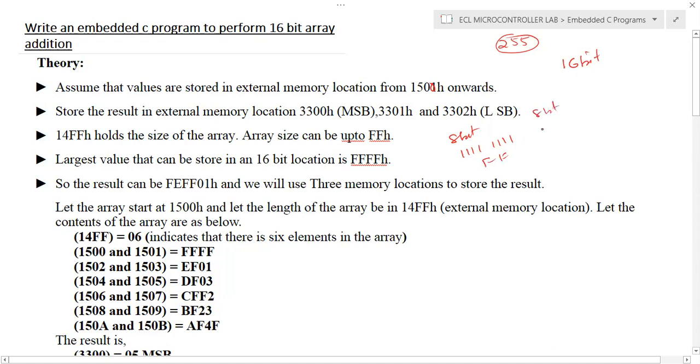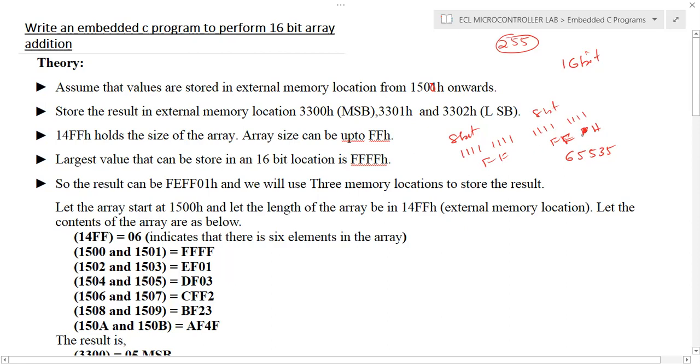If you use another 8 bits, you can store another FF. So if we combine all these values, you get FFFFH in hexadecimal, which is equivalent to 65,535 in decimal. This is the maximum value that we can store by using 16 bits.